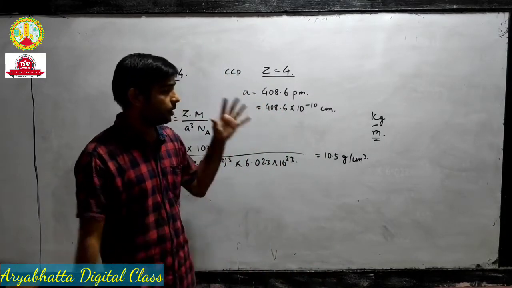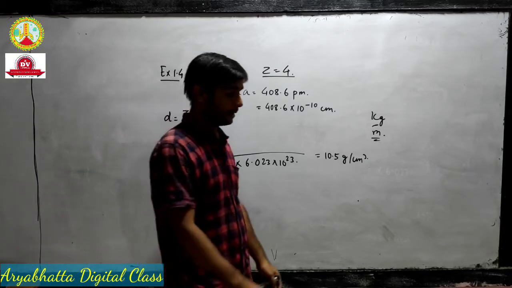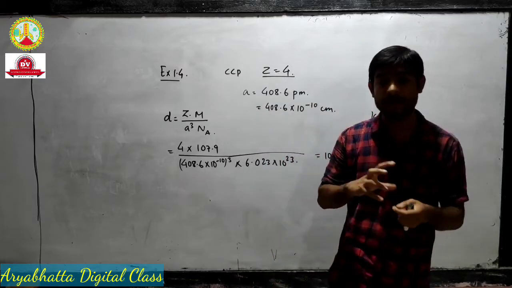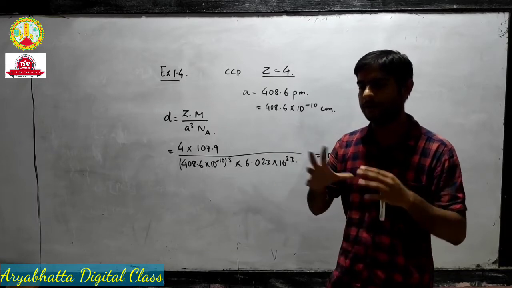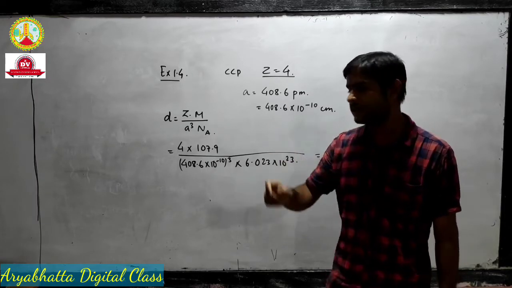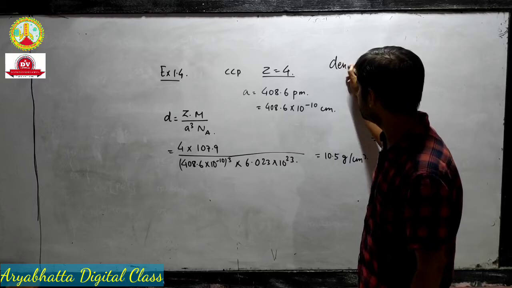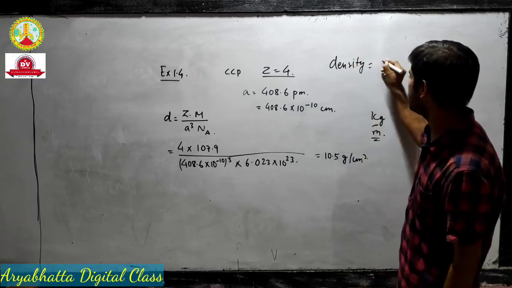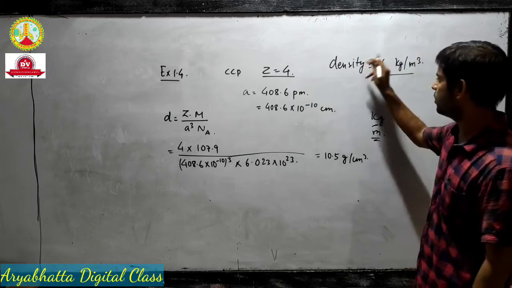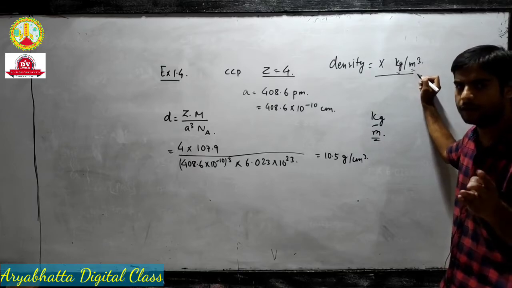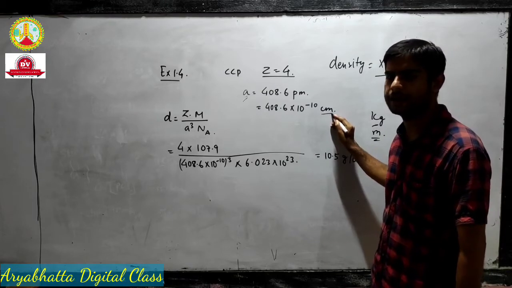And the main thing is that एक चीज बहुत ध्यान रखना है आपको, क्वेश्चन को अच्छी तरीके से पढ़ना है कि वहां पे कौन से यूनिट में आंसर पूछा गया है, ठीक है, या कौन से सिस्टम में बाकी चीजें गिवन है. जैसे सपोज करो कि अगर इस क्वेश्चन में डेंसिटी गिवन होता, कुछ एक्स वाई जेड किलोग्राम पर मीटर क्यूब में दिया होता, तो मैं एज लेंथ को भी मीटर में लेता, सेंटीमीटर में नहीं लेता.